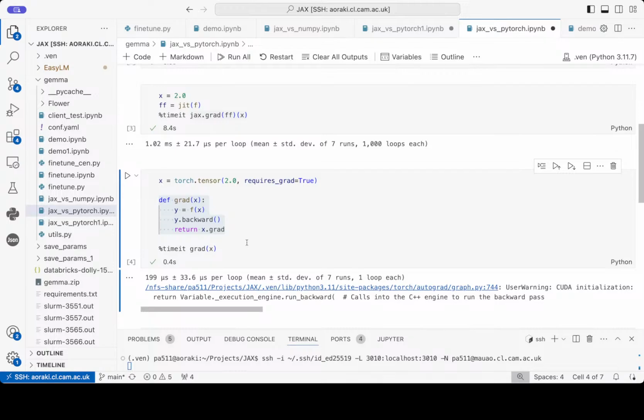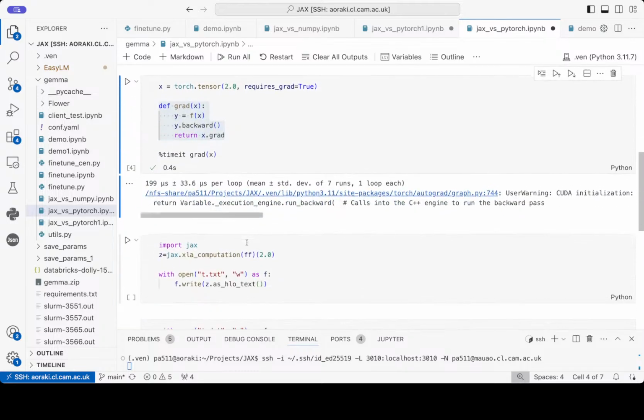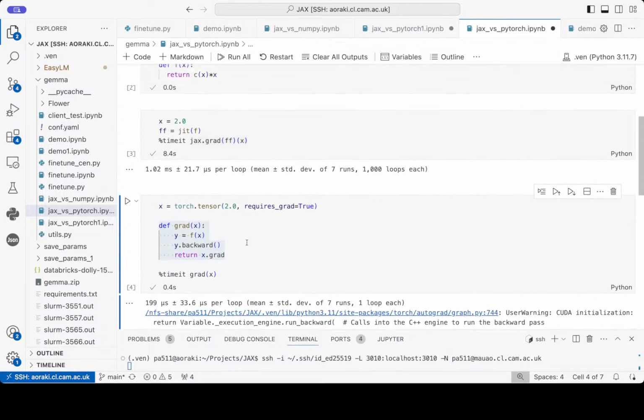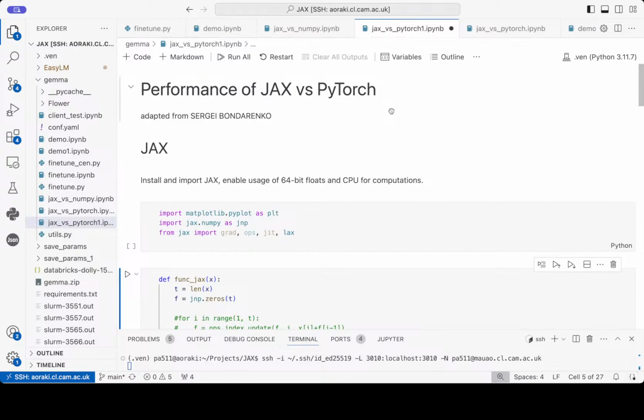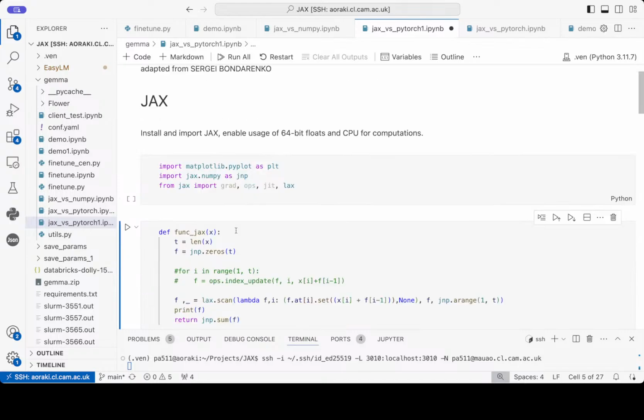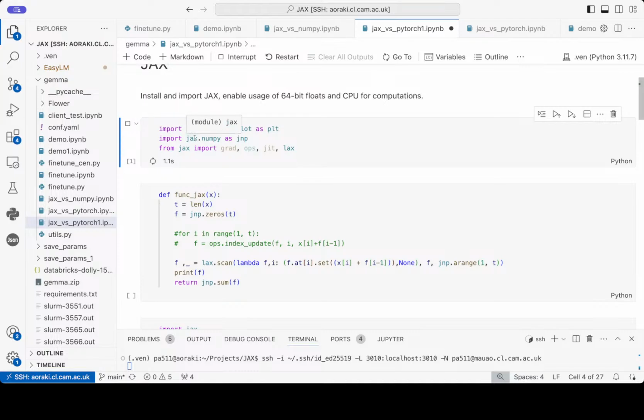So what gives? JAX is supposed to be optimizing, it's supposed to be compiling everything down with the JIT. So there's some problem here. I think we should investigate this a bit further, and the way to do this is to look at a different way of comparing these frameworks. I propose to you that JAX's JIT and its ability to optimize don't really shine when we're optimizing something small.